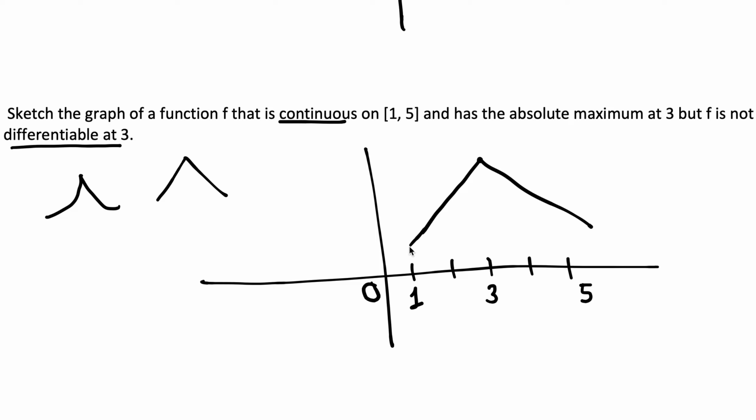Look, this is continuous from 1 through 5. Okay, I went even further outside, which is not needed. I can just stop at 5. So continuous, and at 3 is an absolute maximum because this is the highest point. But since this is a corner point, the function is not differentiable. So this is the correct graph, just that. Final